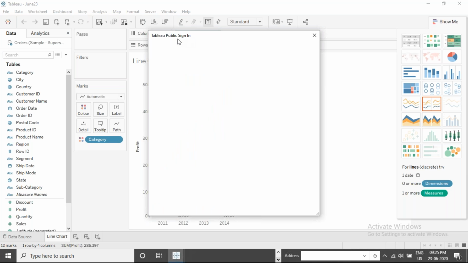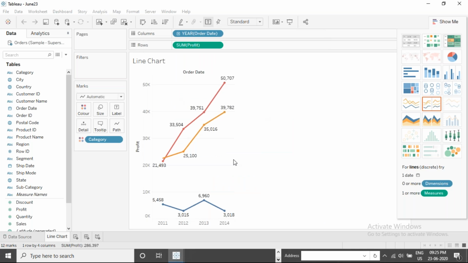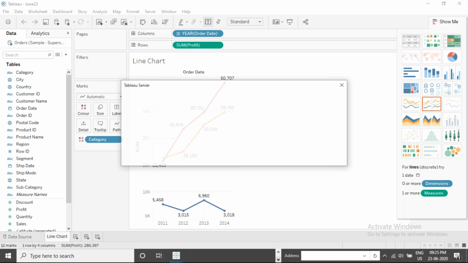Now, a Tableau Public account can be created for free. I would recommend all of you create an account for yourself on Tableau Public. Okay, you can just create an account for free and you will log in. When you sign in to Tableau Public server or gallery to save your work there, when we publish